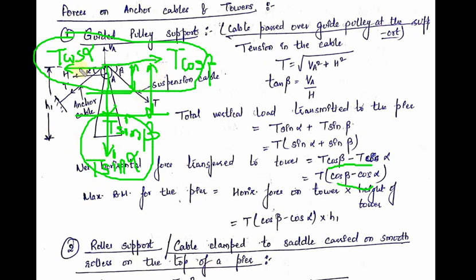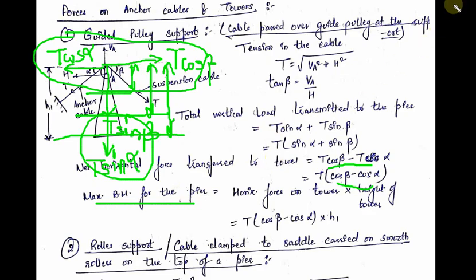The maximum height of these forces from this tower is the distance from its base. So if I multiply the horizontal force with the perpendicular distance from its base, I will get the maximum bending moment. Therefore, the maximum bending moment in the tower will be produced at the bottom of the tower, because the perpendicular distance is maximum at the bottom. So the total horizontal force on the tower times the height of the tower gives the maximum bending moment. The total horizontal force is T(cos beta minus cos alpha), and suppose the height of the tower is small h1, so multiplied by h1 will give you the maximum bending moment produced in the tower.